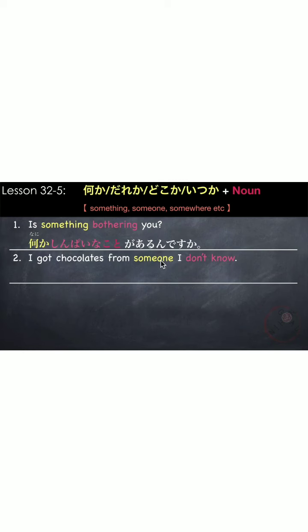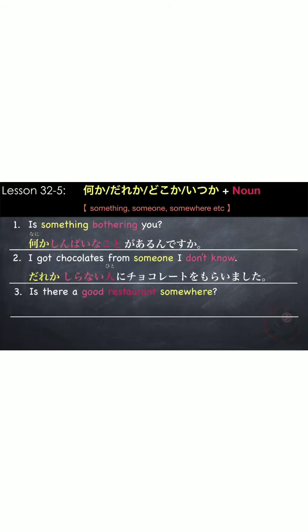Someone is 誰か and our noun is someone or a person that we don't know. Don't know is 知らない followed by 人. So this is our noun. Someone we don't know. 誰か知らない人にチョコレートをもらいました。